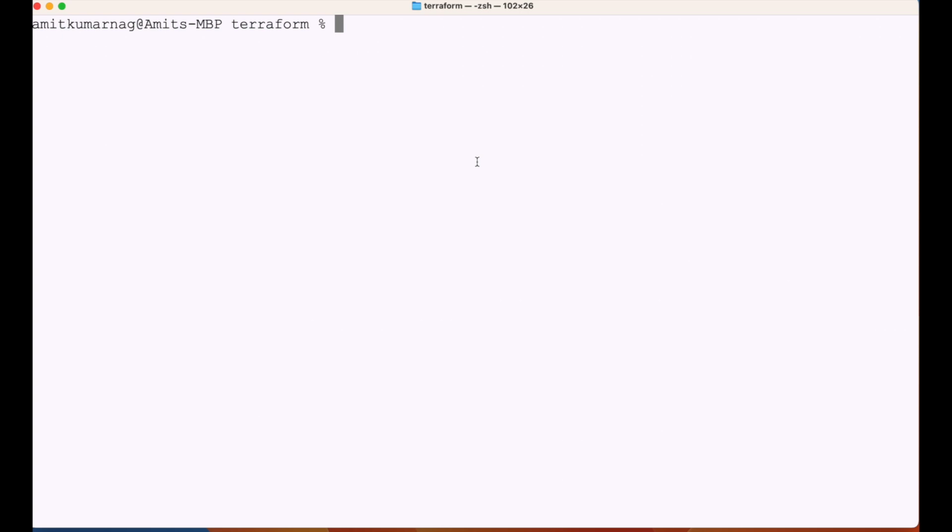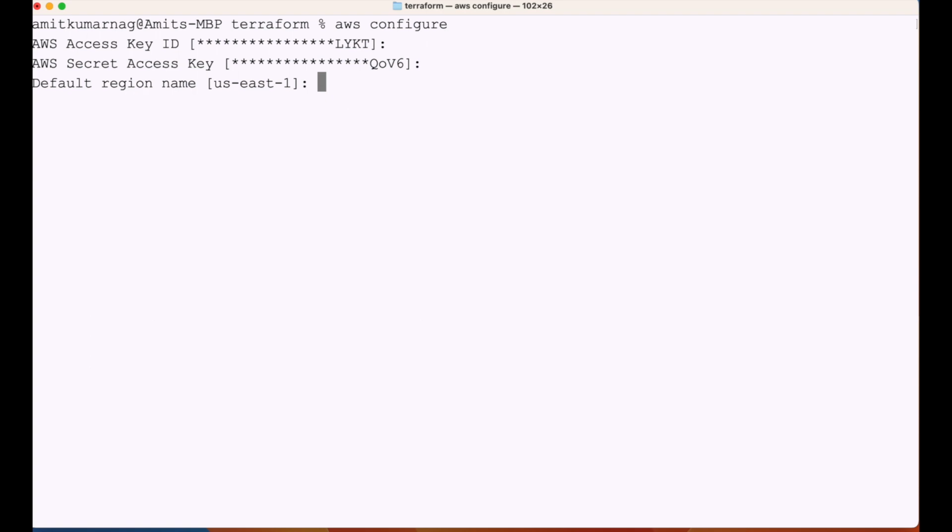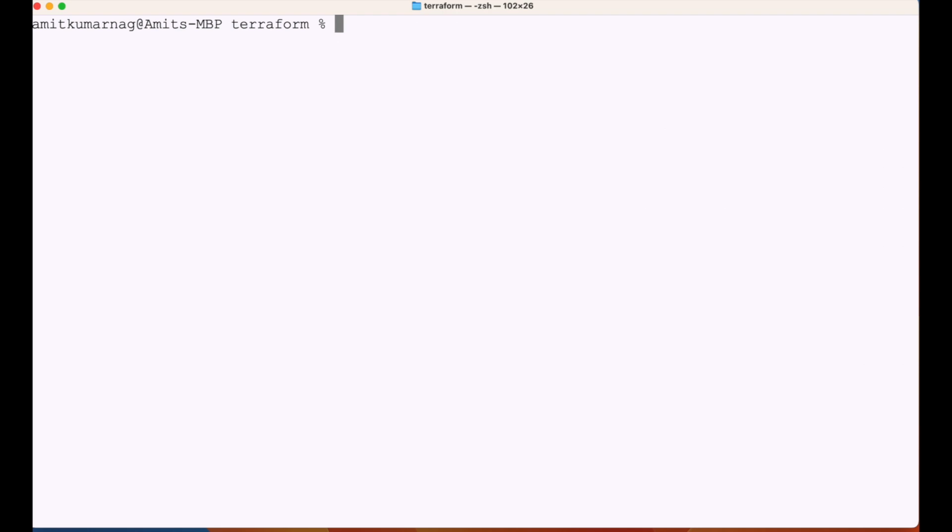Okay, now I have opened the terminal and configured my AWS credentials as well. So if you see here, if you do AWS configure, you will be able to configure your AWS access key and secret key. I have done that. I will be using the region US East 1. So this is fine. So what we will do here,